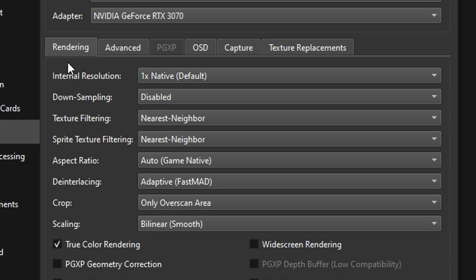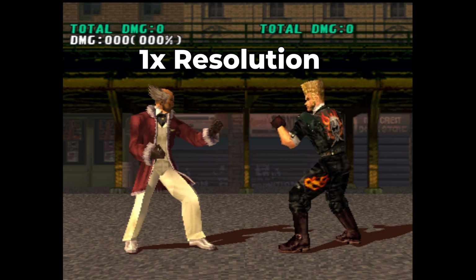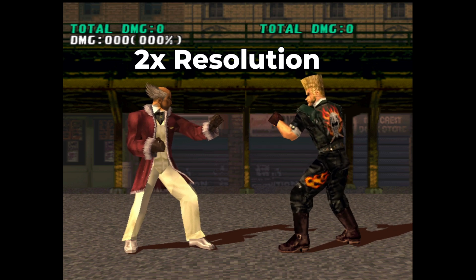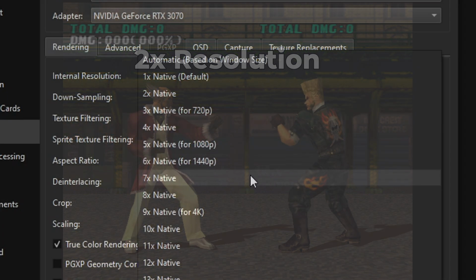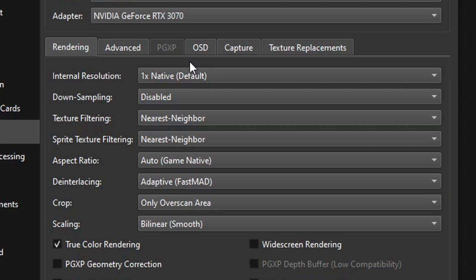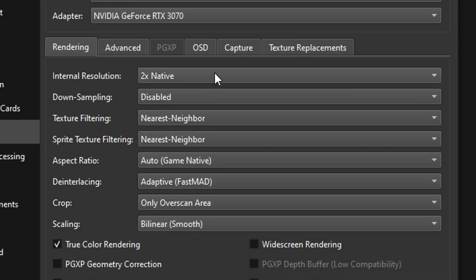Now here on the rendering tab, on the first option, you can increase the internal resolution of this emulator. By default, it's set to the original PS1 resolution, but you can increase this one all the way to 16 times the resolution. By increasing the resolution, it will make your games look better, obviously, but if you increase it too much, you're gonna start to notice the imperfections of some games, especially the 3D ones that use polygons. And also by increasing the resolution, it's gonna require more of your PC. So you can start by setting this to 2x native and see what it looks like in game, and then decide if you want to increase that further or not.